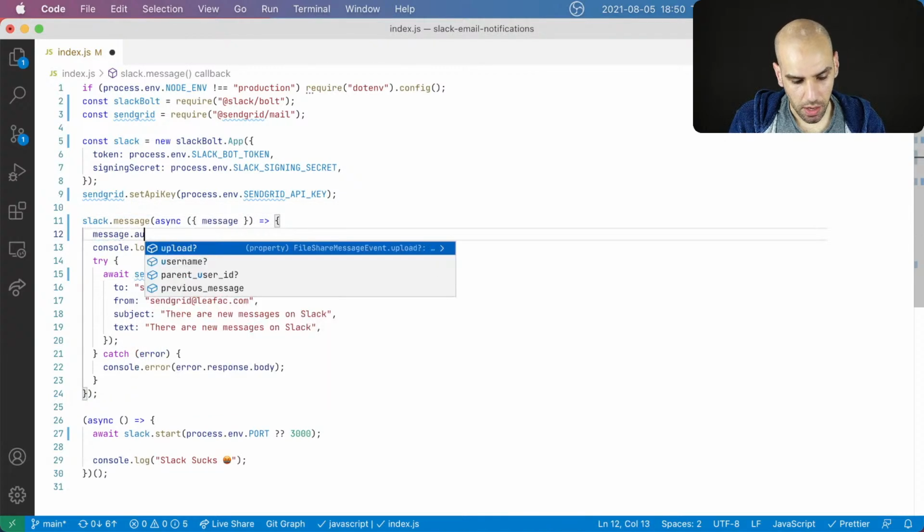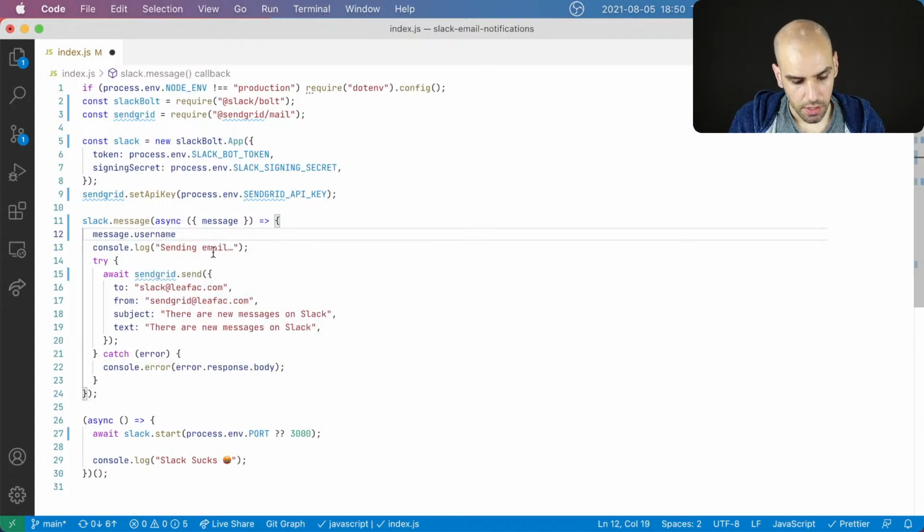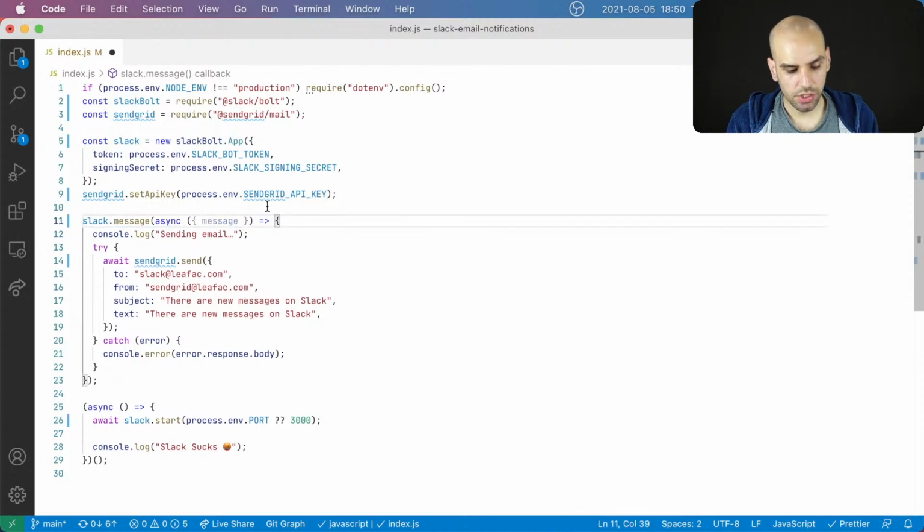is there something like the author of the message? Maybe the username? Yeah, that could be useful, because I ideally would not receive emails for messages that I sent myself. Ideally, I would also not receive too many emails. So if there is a real conversation going on, I want to have some like debouncing thing that will notice, oh, I sent an email 1 minute ago, so I won't send it again. So we can write this logic real quick here.